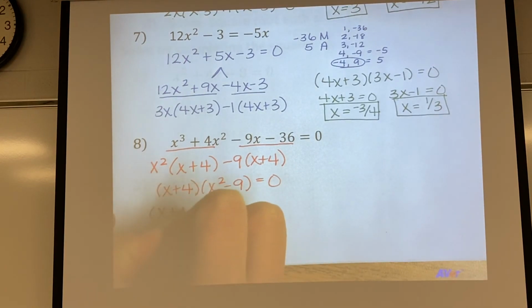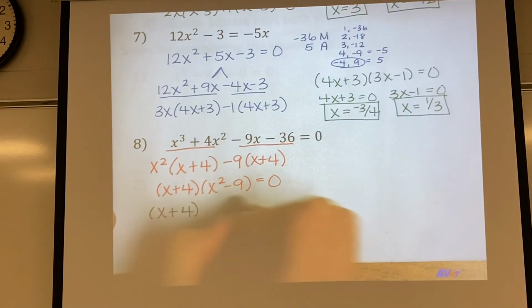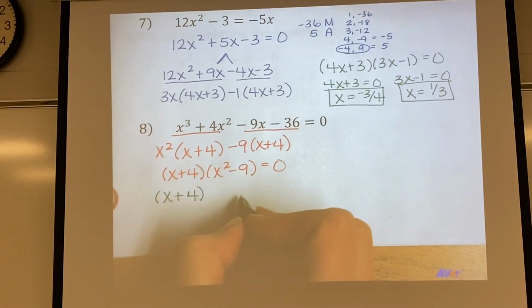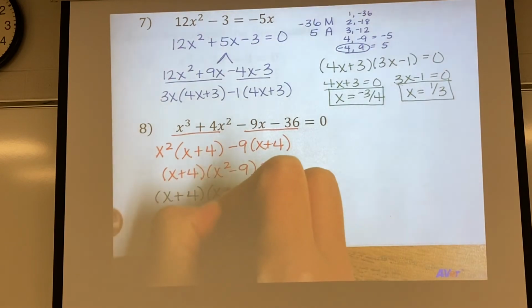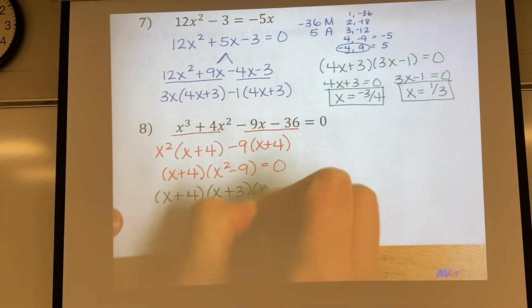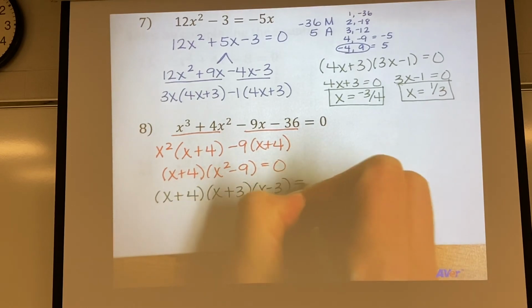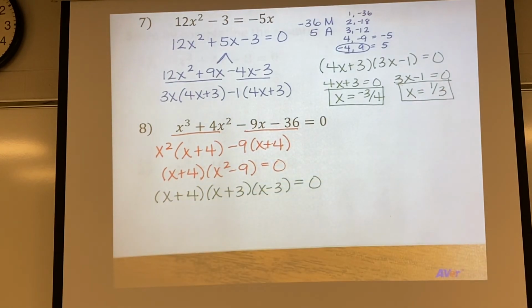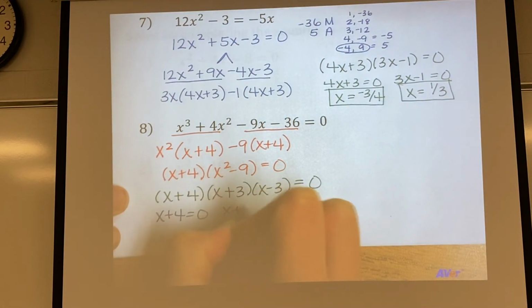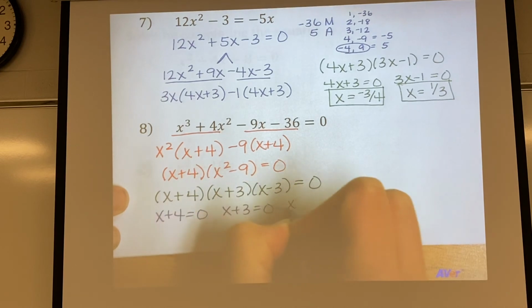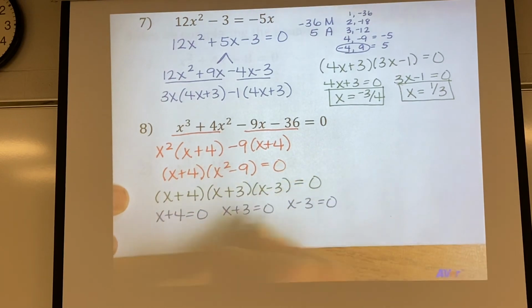X squared minus 9 is the difference of squares that we talked about in the first part of this. That needs to factor to x plus 3, x minus 3. Then we set all 3 of those equal to 0. So x plus 4 equals 0, x plus 3 equals 0, and x minus 3 equals 0. Giving us 3 answers,